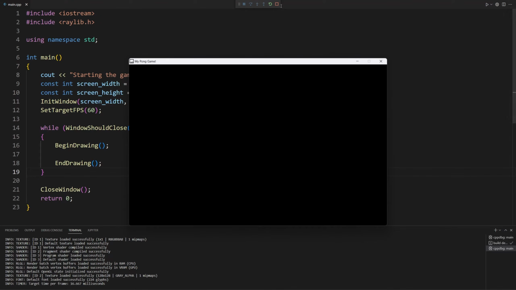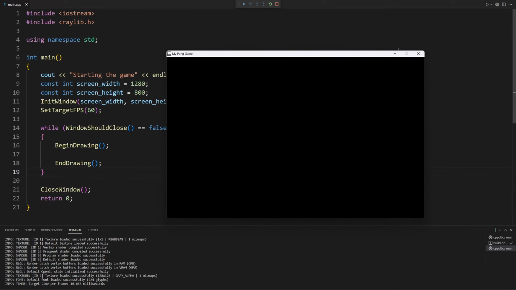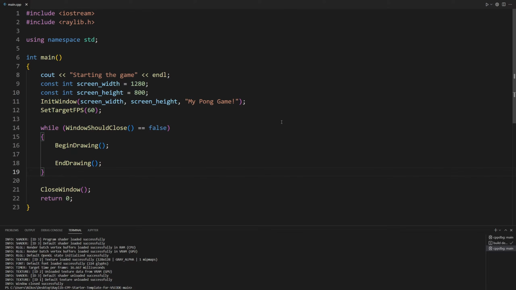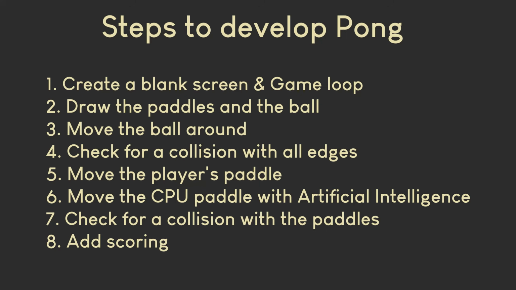Now that the game loop is complete, we can run the game for the first time. If we run the game at this point, we won't see anything inside the game window, because we haven't drawn anything yet. But the important thing is that we can see the game window with the title and the dimensions we defined, and that we can reliably close the game, either by clicking on this X icon here or by pressing the escape button on the keyboard. Cool! We just completed a very basic game loop, so we can remove step number 1 from our list. We have made progress. The second step in creating our Pong game is to draw the paddles and the ball.